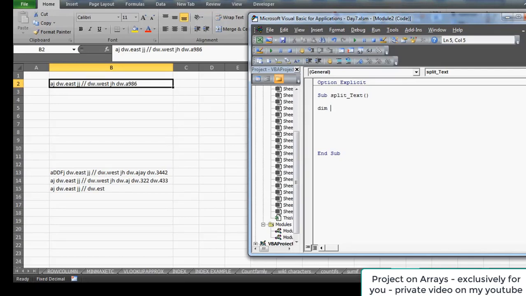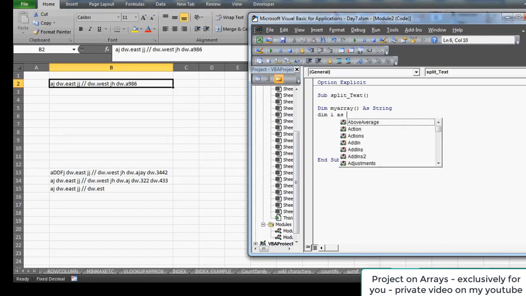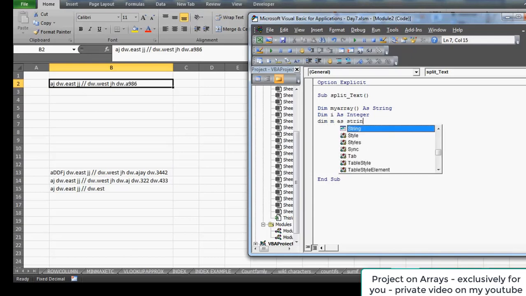The very first thing I'm going to do is declare my array, as a string. Right now this is going to be my array, which is open, so it can hold a number of items. The second thing I'm going to do is run the loop. So I'm just assuming right now, let me declare this as integer, because I'm going to run the loop. Now the next thing I'm going to do is say that m is, let's say, string. And so now I'll say that this m is equal to split,